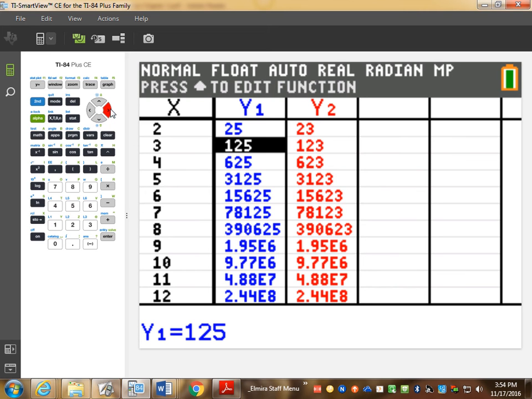The new y value after the transformation, after the vertical shift, is 123. It went down 2, just like the function said. If I look at the graph,